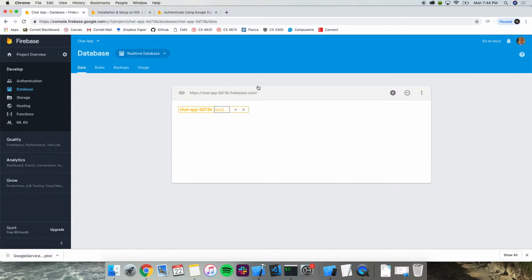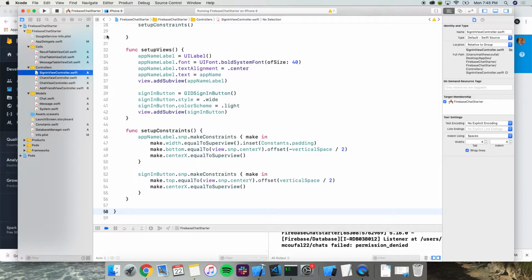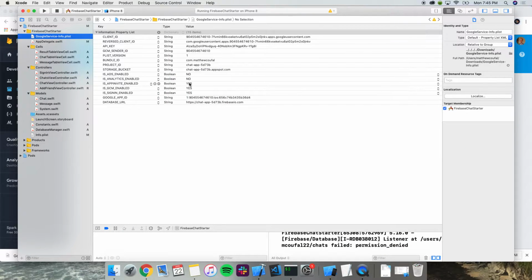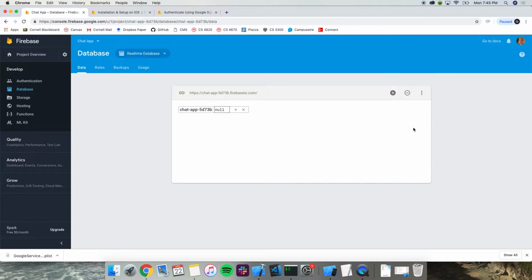All right. So you see at the top here, we have this link. And we actually also have that link in our app right here. So if we want to fetch something from the database, we want to make a request to that link, an HTTP request, and get data from it. But there's nothing here right now. So I'm actually going to do something kind of stupid and start setting it up.